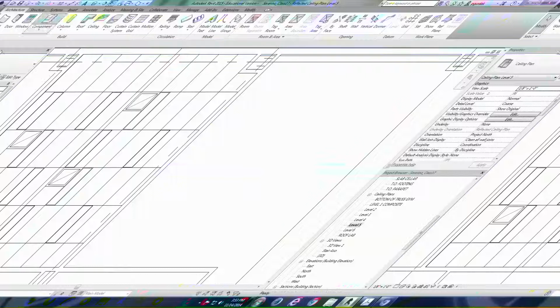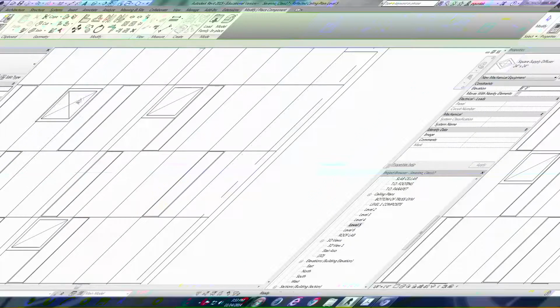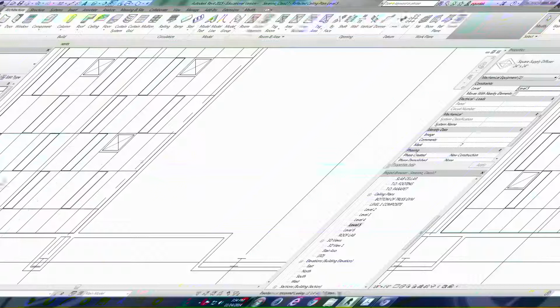Okay, and I'm going to do another component and select not the register but the diffuser. 12 by 12, 24 by 24. I always place one and start aligning to the ceiling, and then I copy. It's better than placing one after the other. Now, obviously, I'm exaggerating the amount of them. I think let's actually do it more precise. Let's put actually in the back a couple of diffusers, and in the front another one. Okay, so we're going to select these two and copy,